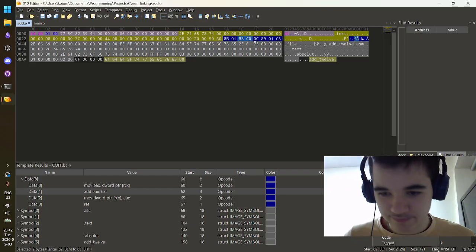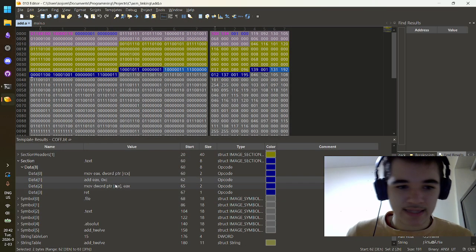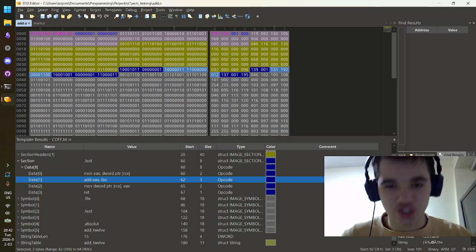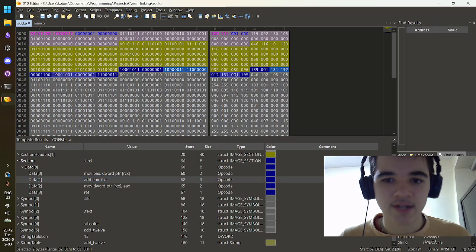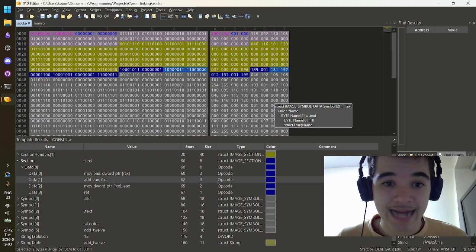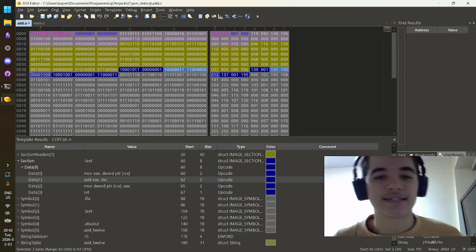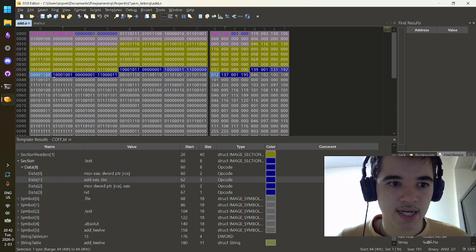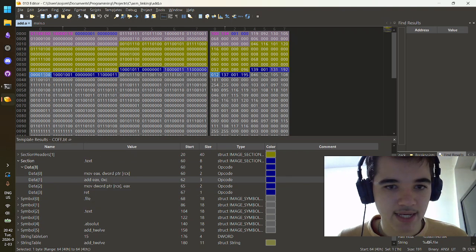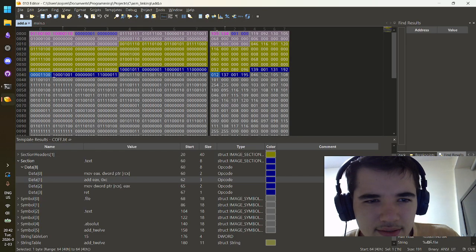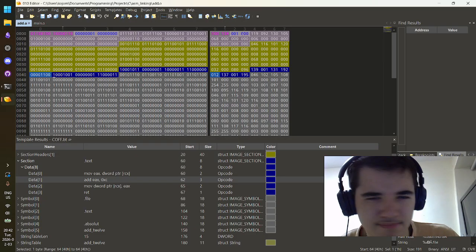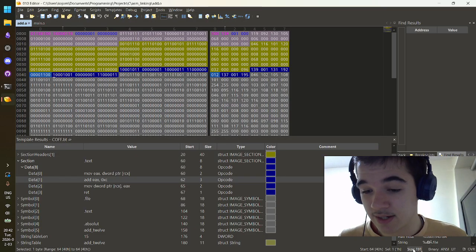Considering the thing is technically, if I switch to binary view, this is the actual representation. So these bits here would just be the instruction add EAX, with the second operand being the number, and this here is just 12. And funnily enough, it literally says 0, 1, 2 here. Why is that? I'm guessing this might be decimal. I don't know. Anyway, if I go back to hex view,